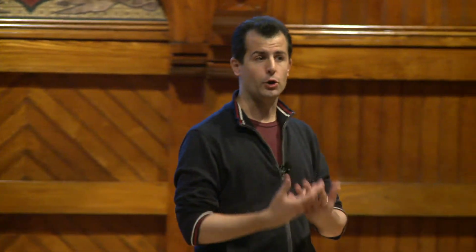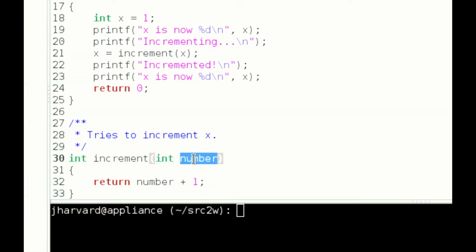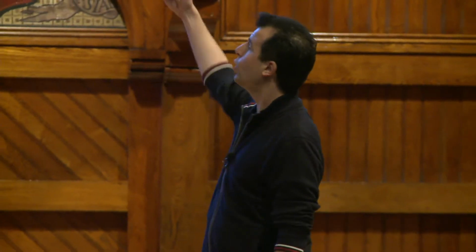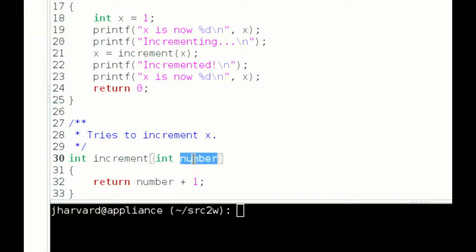If you are writing a function, and that function's purpose in life is to do something a little different every time you use it, then the only way for that to happen would seem to be to provide it with input, so that it can do something different with that input each time. So you need to specify 2 things when a function takes inputs. You need to specify the name that you want to give to that input purely for your own convenience, so that you can refer to it in the function that you yourself are writing, as I did here in line 32. But you also need to specify its type, because C is a programming language that requires that if you want a variable, you have to tell the computer what data type it is,